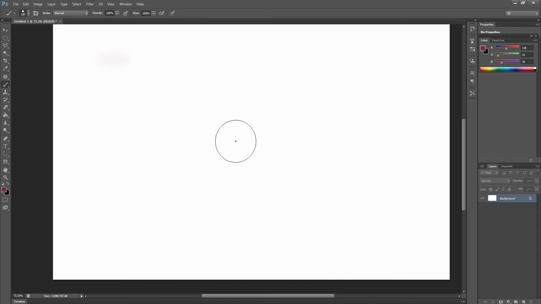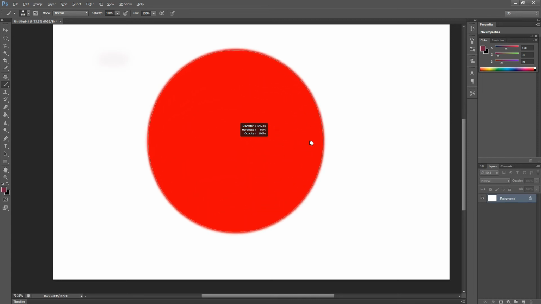Another option to increase or decrease the brush size is to press Alt on the keyboard, then right click on the mouse. We have this type of image there. When we drag our mouse to the right, we can increase the size of the brush.